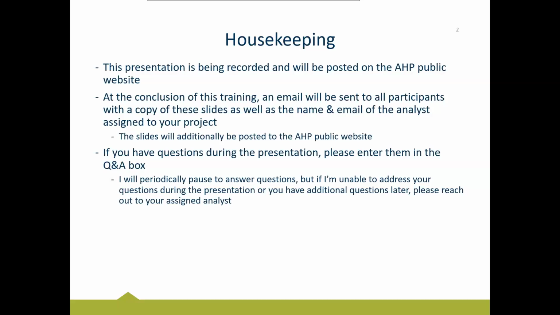Then we are going to look at the documents that you're required to submit with every disbursement request. We'll look at some examples. We'll look at some resources available to help guide you through those processes. Then we'll move into the AHP public website. I'll show you where all the forms are, where all our resources are located, how to navigate the public website. And then last but not least, we will go into AHP Online itself, and we will submit an actual disbursement request, or at least a test one.